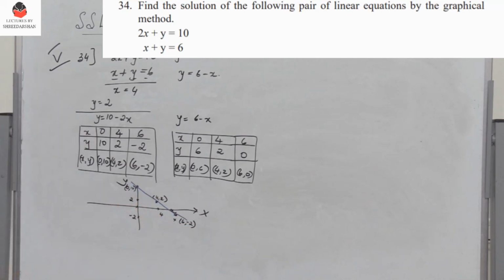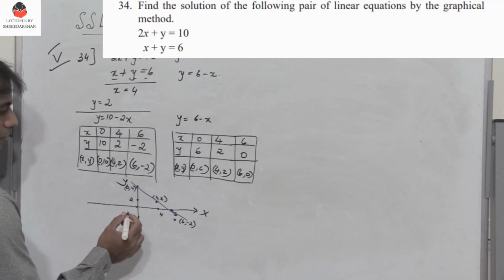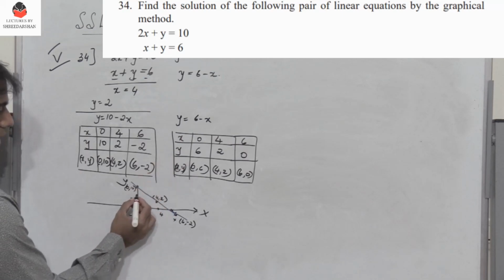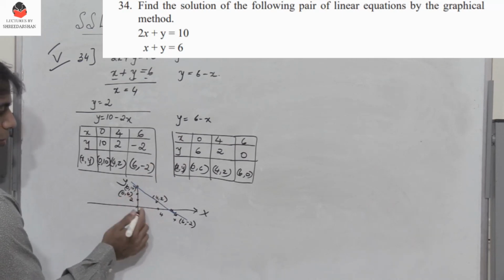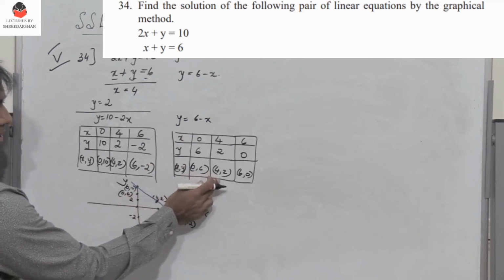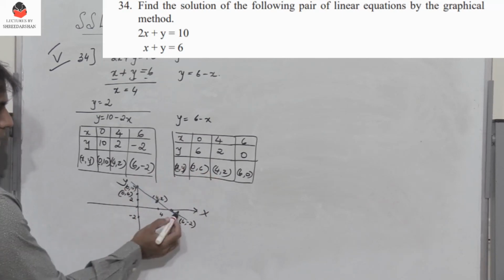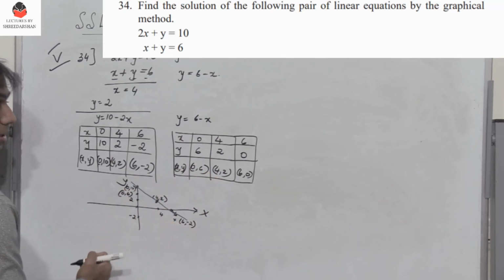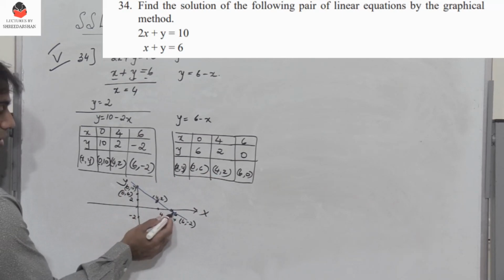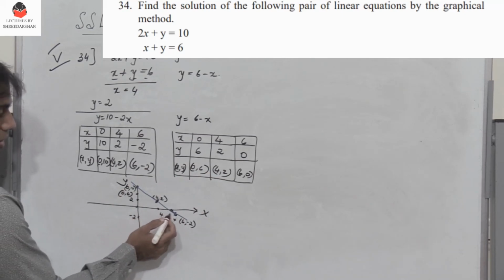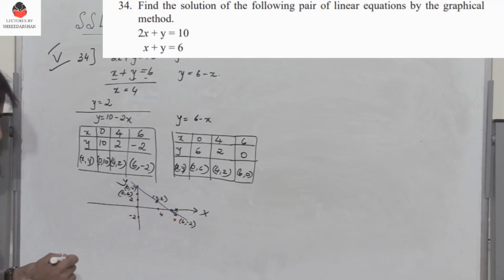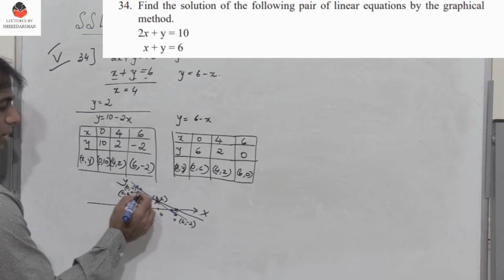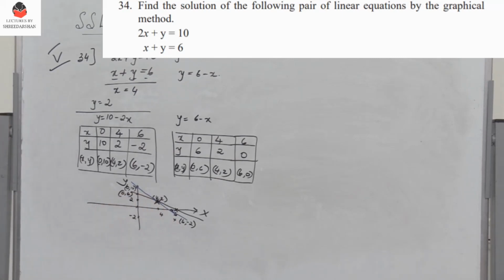Next, I get x is equal to 0 and then y is equal to 6. So I get 0 comma 6 here. One more point, and then the other point is 4 comma 2. And then I have 6 comma 0, x is equal to 6 and y is equal to 0. So this is going to be the point. So I have one more line. So this is the point of intersection. Make sure that you take the coordinate points correctly and draw it on the graph sheet.